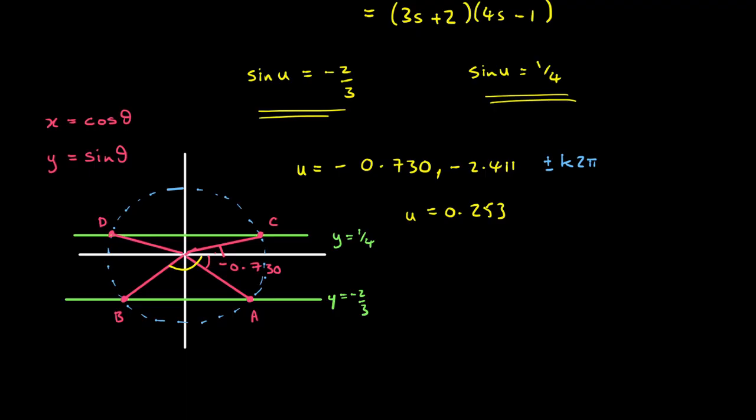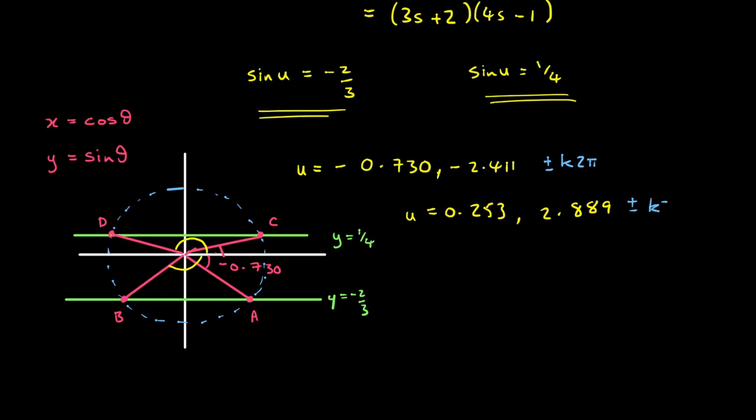And what about this other angle? So I'll draw this angle now in yellow. So that angle there. Well, we use a similar argument. If this is 0.253, that angle there is 0.253. So the one in yellow has to be pi radians minus that. And if we did that, then what we should get is 2.889. Okay, so we end up with these 4 basic solutions, but also we could take them and